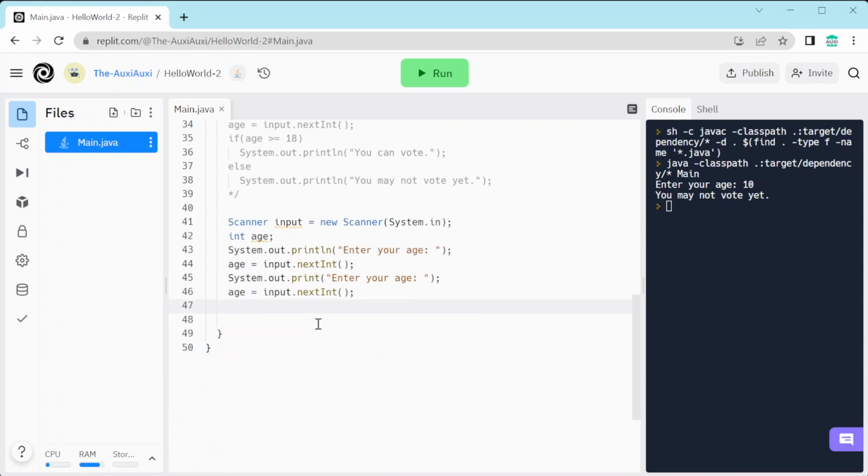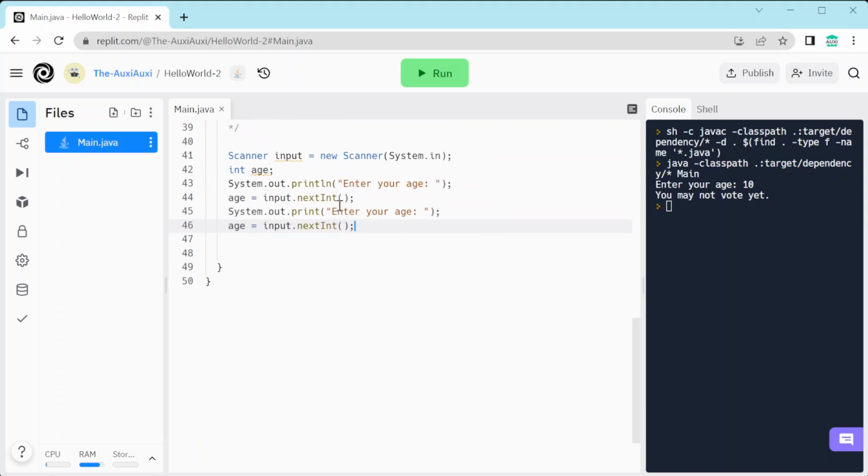Okay. I've just made a few edits to the code that we've written to show you what exactly the difference between println and print is. So if we run this program,